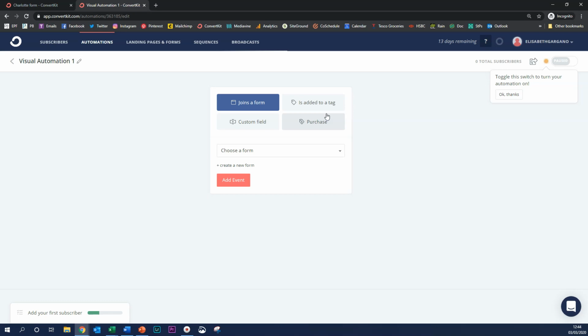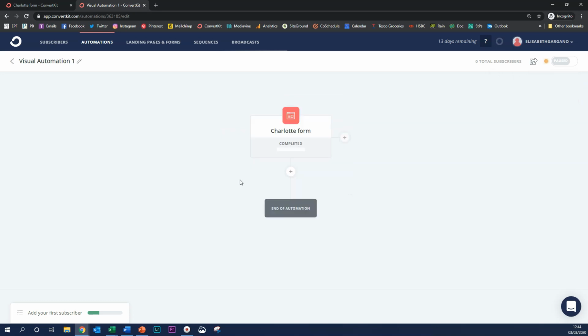And this is how someone comes into the automation. So in this instance, we want to select joins a form, and then you need to choose a form. So there's the form we created earlier, and then just click add event. And so there is the kind of entry point to this automation. So people who do this action will get this automation. So people who sign up using that form that we created at the beginning of this video, they will have